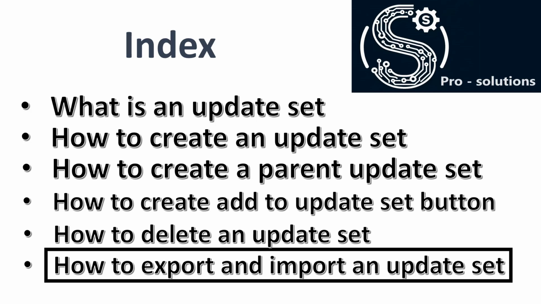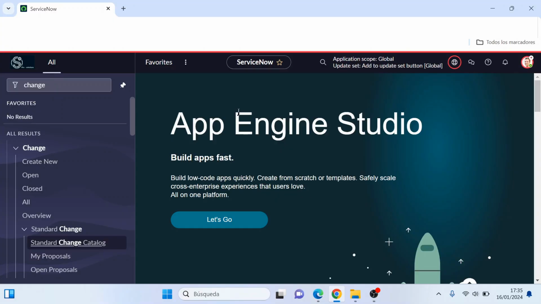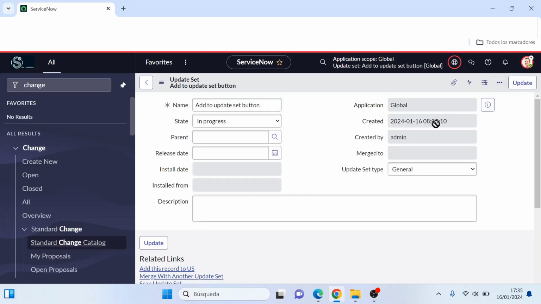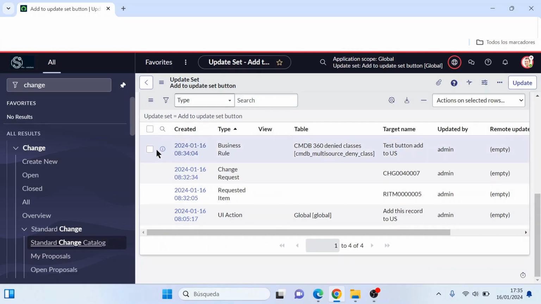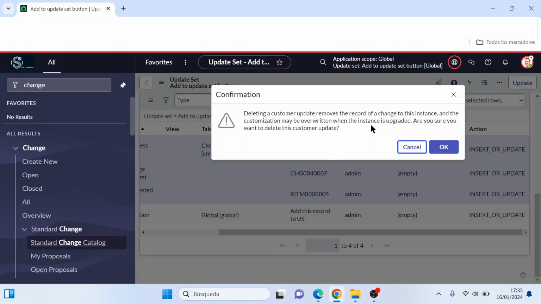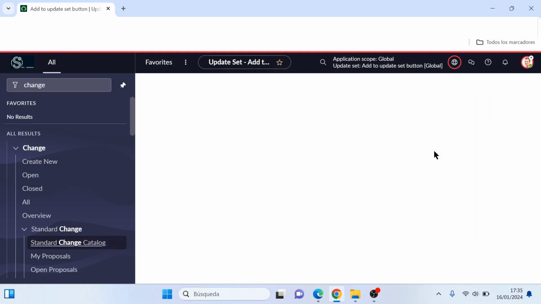So let's start. Firstly, as we have mentioned, we are going to go to the update set. Once we are in it, the first thing we will do is remove the changes from the examples that we had saved in the previous section. In this way, we have a clean update set that we can move from one instance to another just with